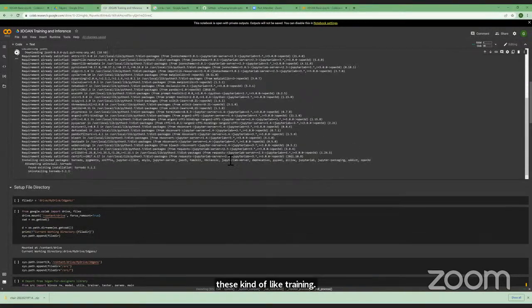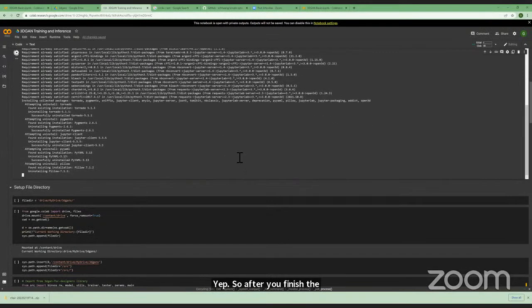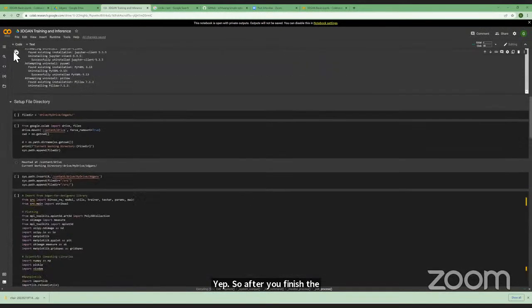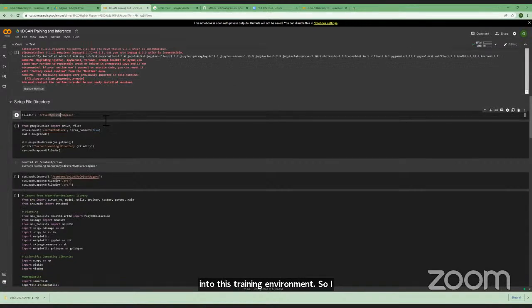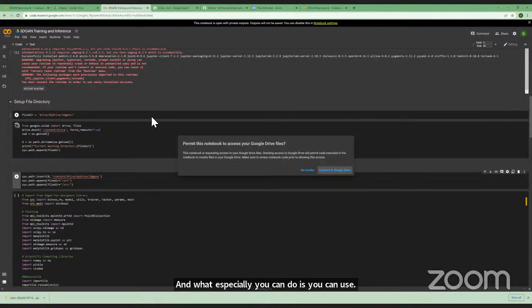So after you finish the installation of everything, you can start to mount your folder into this training environment. Please don't modify any of the code here, otherwise it might end up breaking the structure. But what you can do is set up and mount